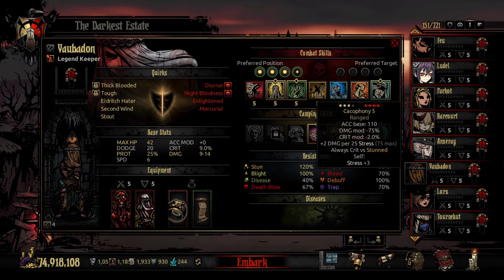So you're going to see some pretty good damage based on her stress level. And if the enemy is stunned, it'll crit 100% of the time. On use, of course, she'll get 3 points of stress. This is good. I remember I had almost an entire